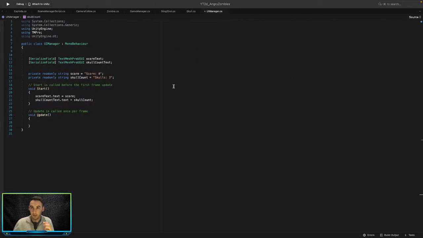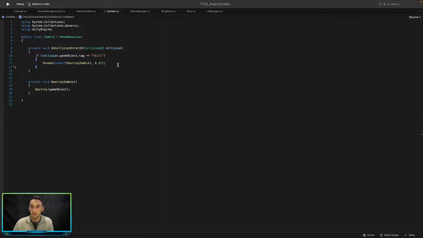So let's find where we do that. For our zombie, where is it? Here's our zombie. So on collision, if it's hit by a skull, then we want to add points to the player's points count. That will do there, but we need to make a global variable for that, so we'll leave that blank for now. And then what we also want to do is wherever we destroy our TNT,